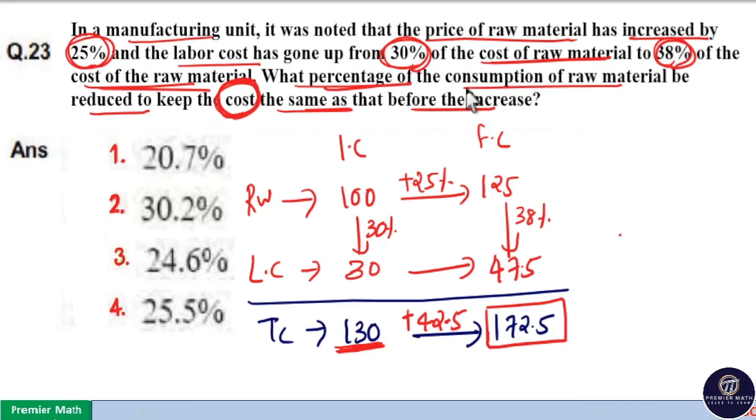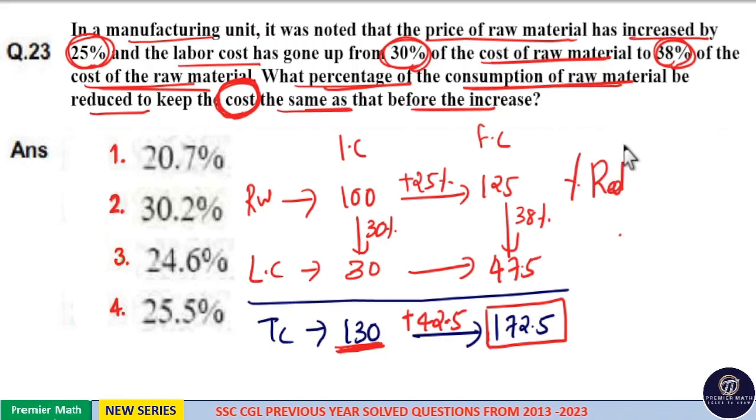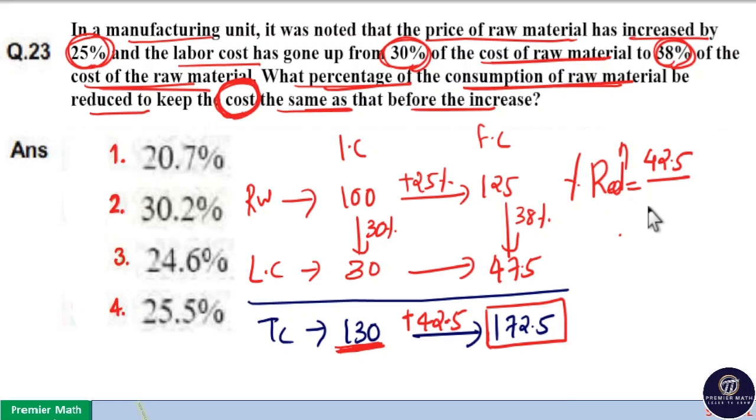So here the percentage reduction of the consumption of raw material is the same as the percentage reduction in the total cost, because here the raw material cost influences the total cost. That is, the total cost is based on this raw material cost. So the percentage reduction in the consumption of raw material is the same as the percentage reduction of total cost. Here we should reduce 42.5 from 172.5. So the percentage reduction is equal to 42.5 out of